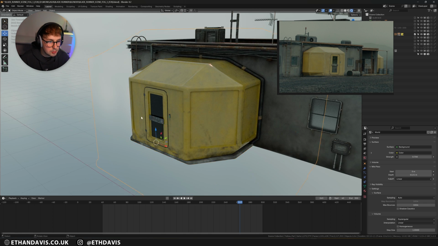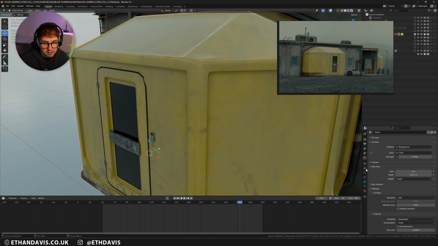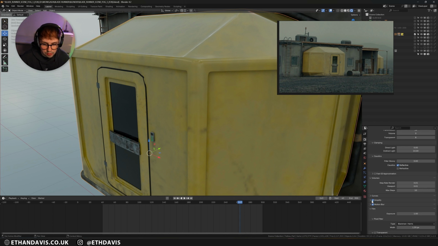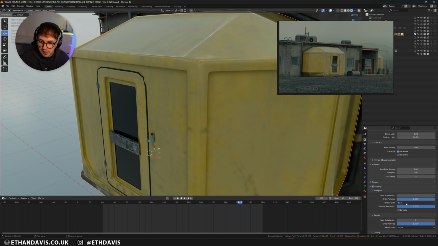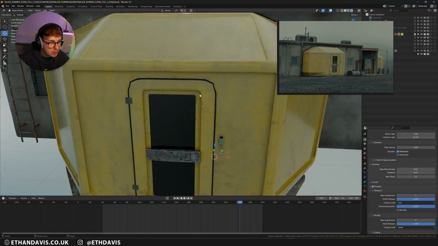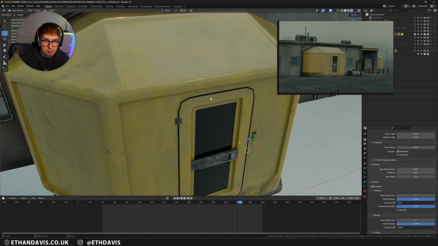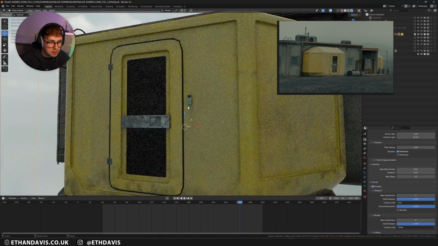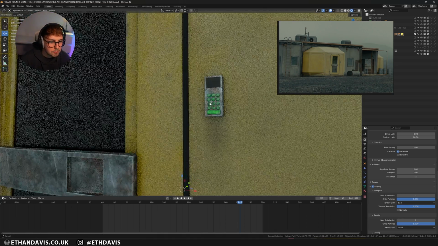I mean, this is the building. I've got simplify on at the moment, so if you go to the render tab, you can go down to simplify and limit how big your textures are. Now I think this is an 8K image on here, but just for viewport performance I just set it to super low, but you can get an idea, and you can also see the final render of how everything looked.